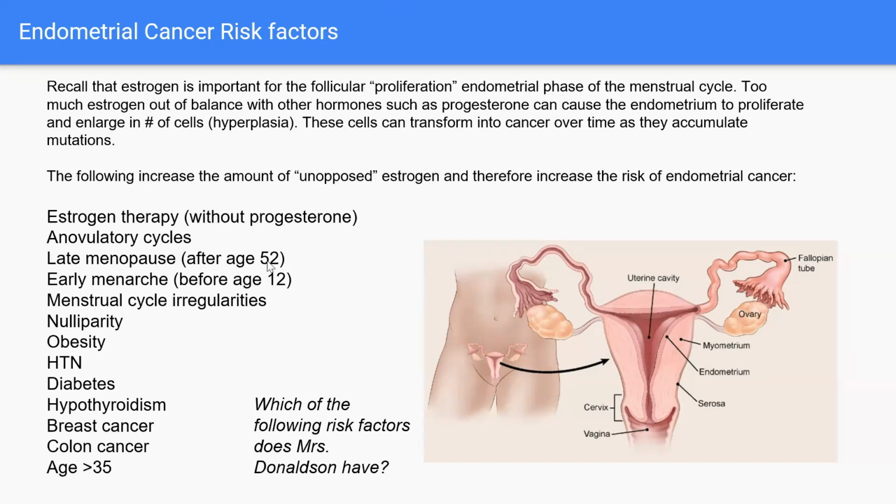That's less of a risk because it's the one with progesterone. But remember, like I said, there's not a lot of good data about the exact dosage of progesterone that's supposed to go with that. So being on hormone replacement therapy in general can be a risk. Awesome. All right.